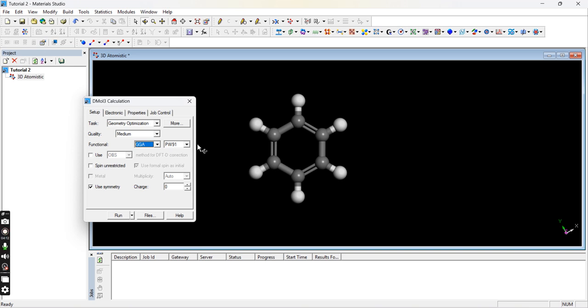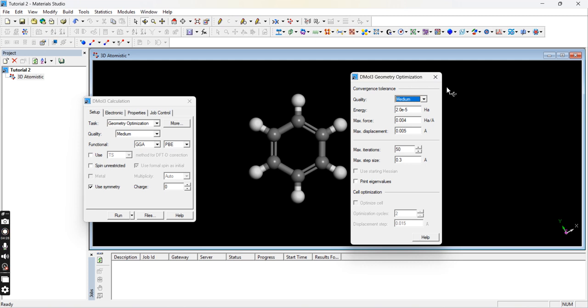Here we choose this setting, most probably PBE, and if you want spin unrestricted, you check this. In this case I don't, so to check spin unrestricted, you go to the mode section. Here you see the energy value, the maximum force and displacement. You can change it by yourself. Here we have a maximum of 50 iterations. We change it to something like 999 here because of the shortage of our time. So I put 100 iterations here, and then we go towards